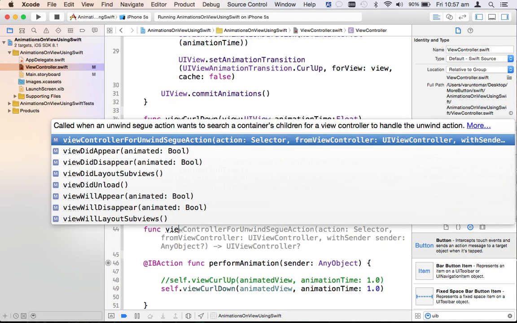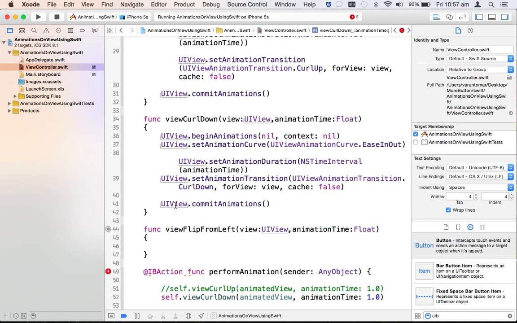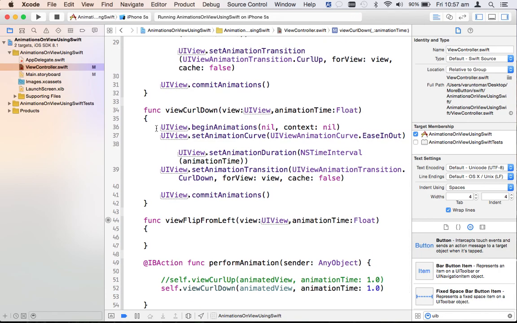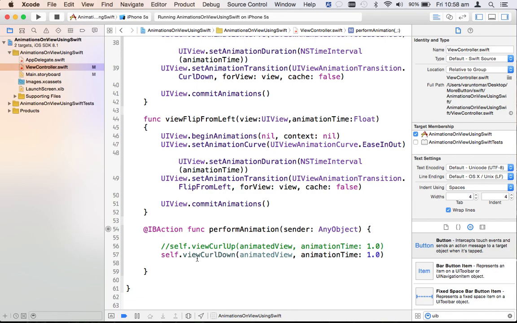Let it be view flip from left. Again I need to pass a view on which I am going to perform the animation and the animation time. So this would remain the same. So I'm going to change it this side, that is flip from left, and I can